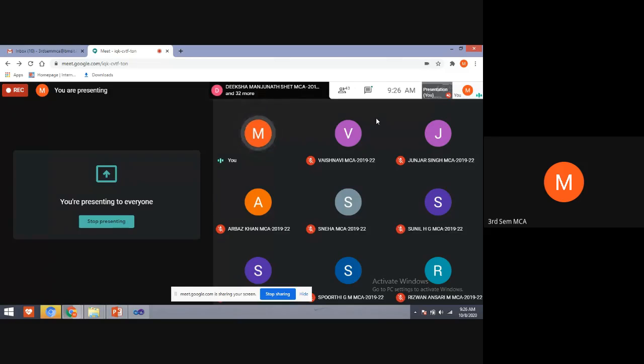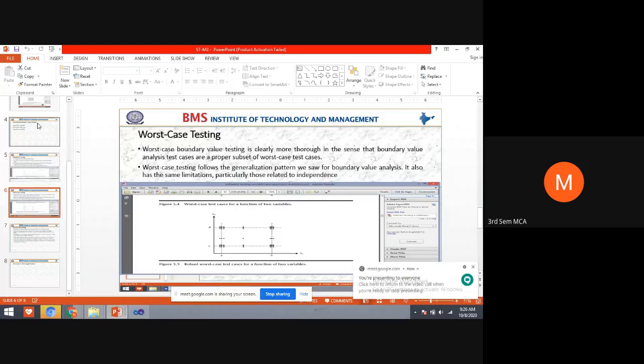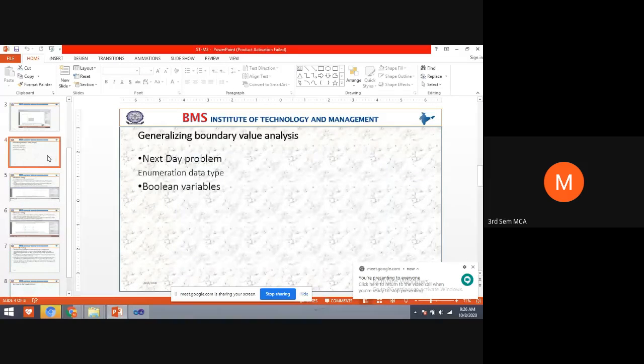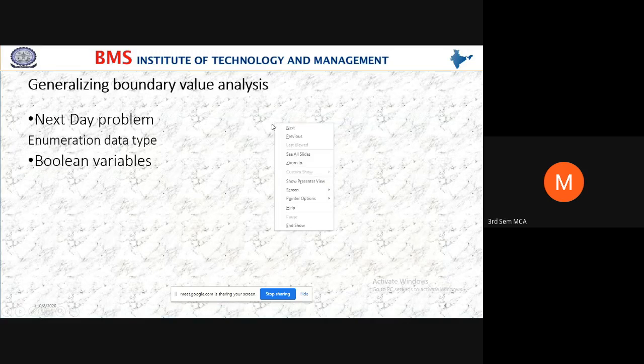Hey, students, any doubt in today's assessment question? Whatever ranges and boundary values we have taken in the previous next day problem, for leap year, for simple interest, and for the triangle problem. For the triangle problem, what is the boundary value?